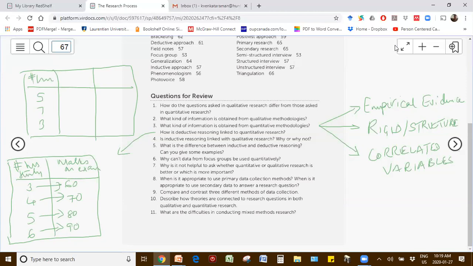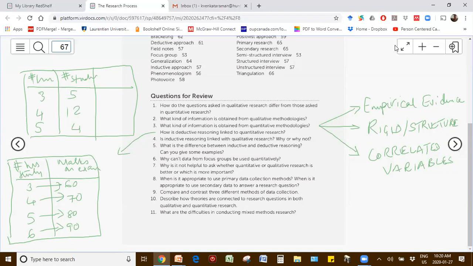Let's erase that for a second. Number of hours would still be 3, 4, 5. So number of students studying these hours: you have 5 students studying for 3 hours for the exam. You have 12 students studying for 4 hours.